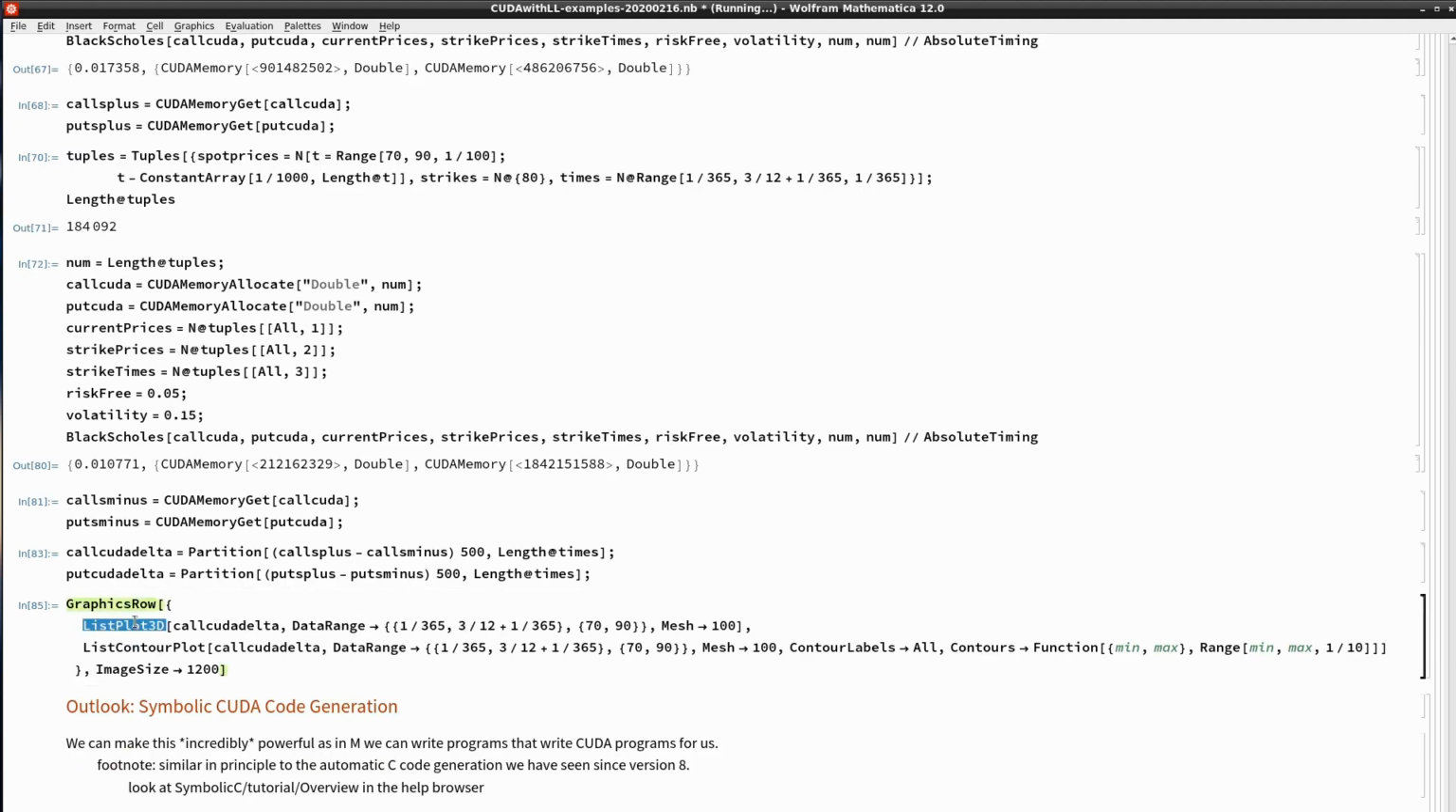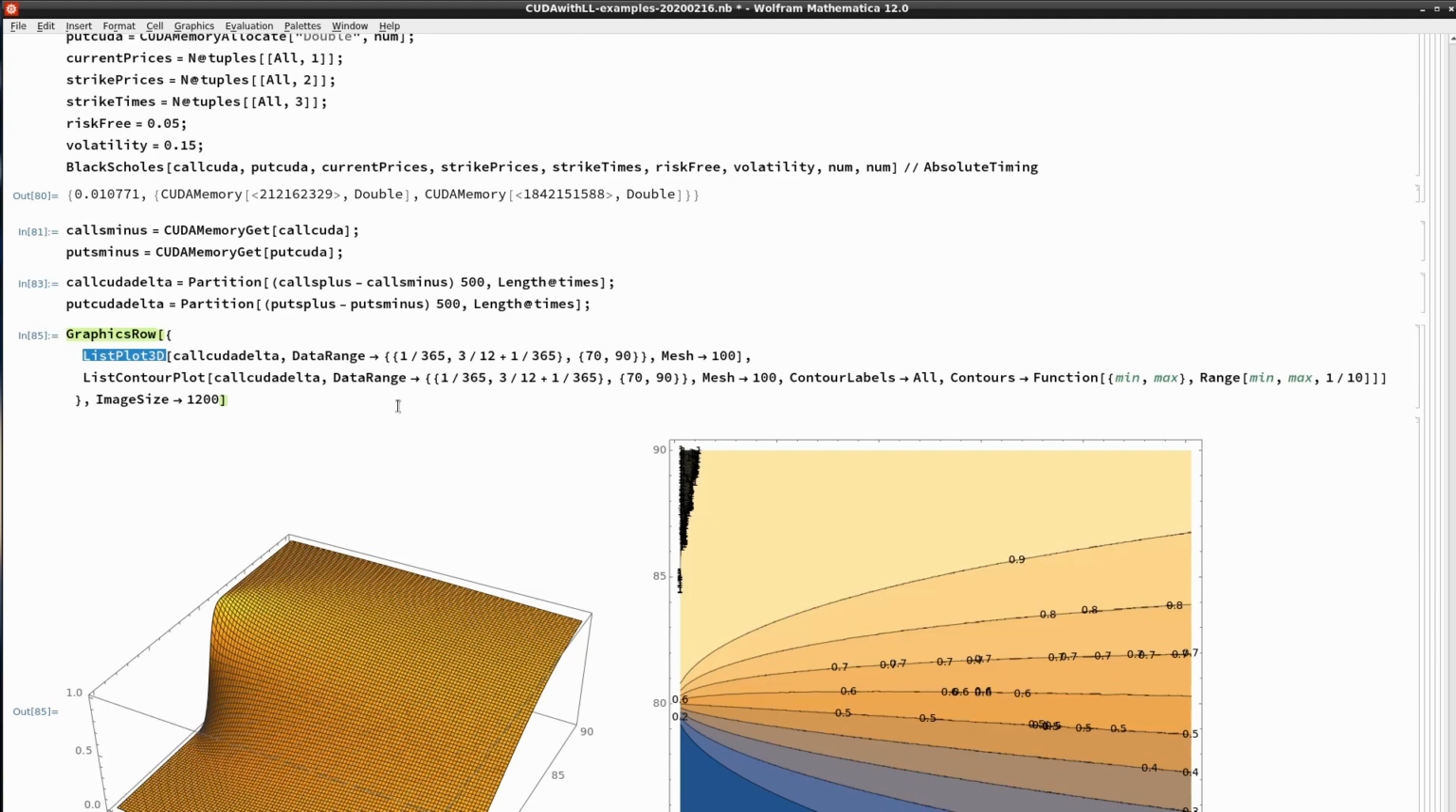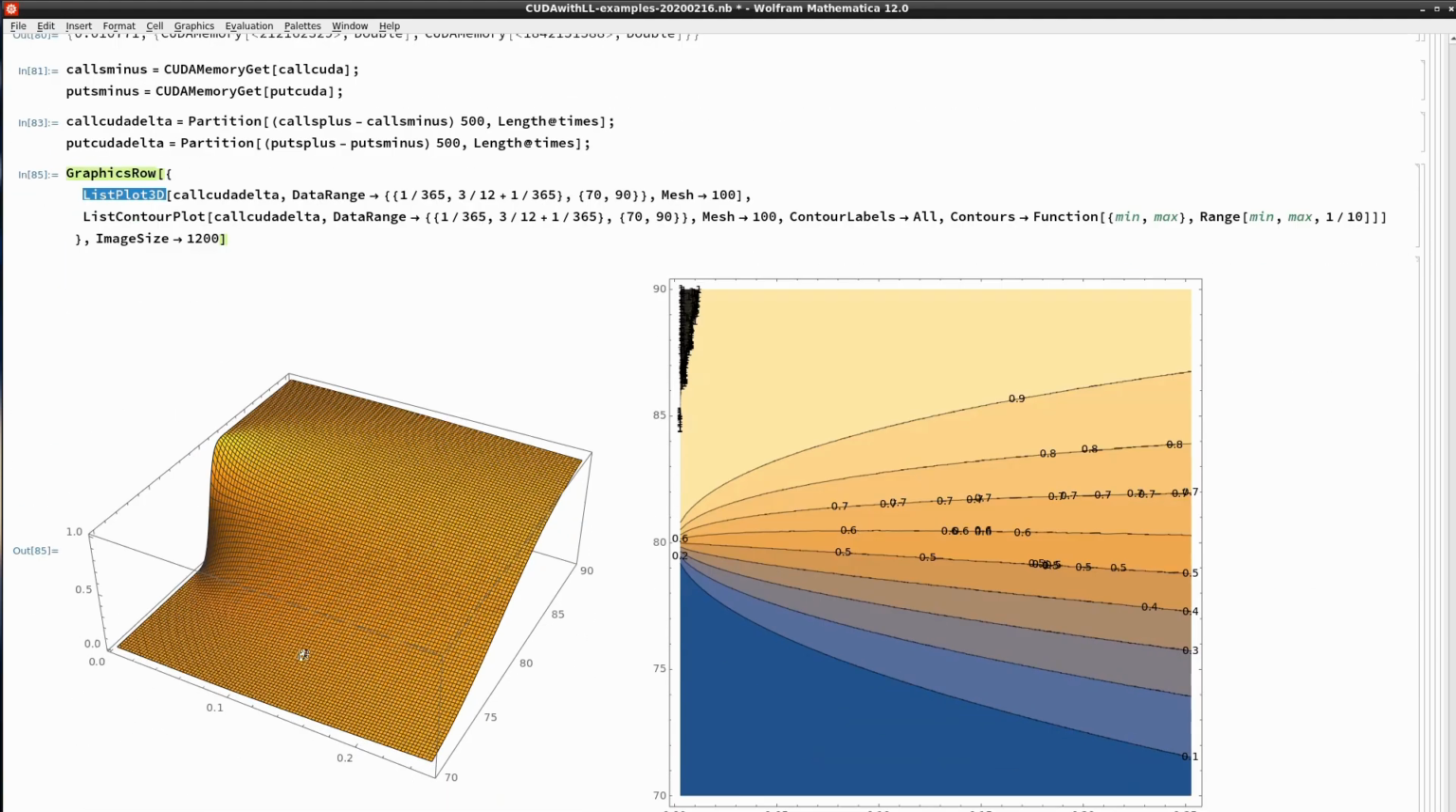A list plot 3D takes a lot of time when you have very dense meshing, and that's what's computing now, right? Again, remember the computation time was so fast. It's now the graphical rendering in the front end, and we now have it. And here you see our delta